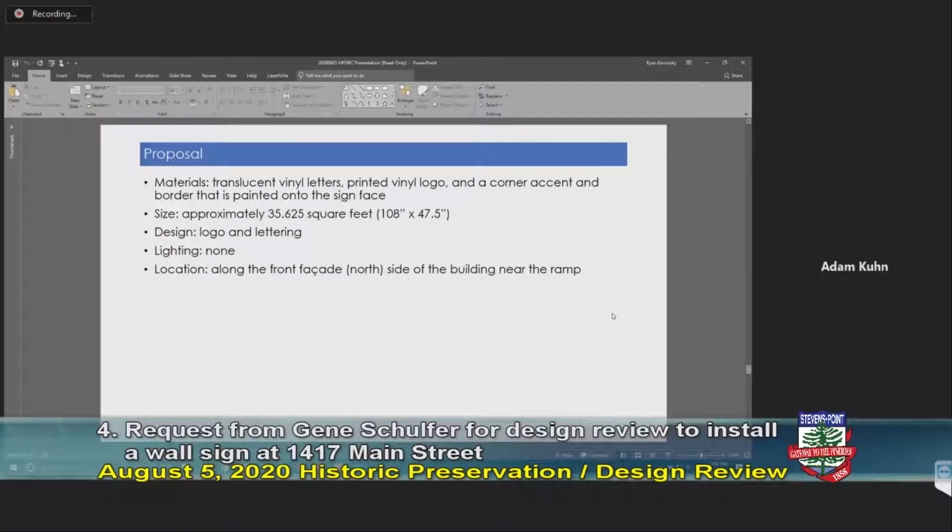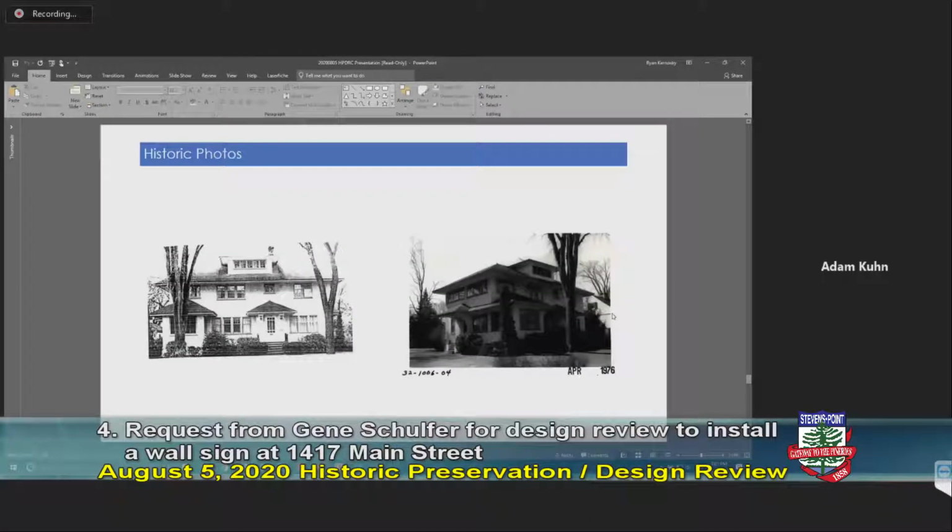sign. Now, in terms of the signage itself, the materials will be composed of translucent vinyl letters, printed vinyl logos, and a corner accent and border that's painted onto the sign face. The size will be approximately 35.5 square feet, at 108 inches by 47.5 inches. The design will be the logo and lettering. There will be no lighting included on this wall sign. And then the location, as we'll show in the next few slides, will be along the front facade of the